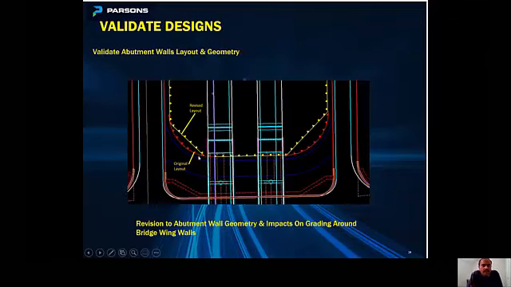So this is another good example that the 3D model validates the abutment wall layout. During the early design stage on this project, the retaining walls were curved, and then later on the contractor wanted to bend them in a certain way, mainly for constructability reasons.